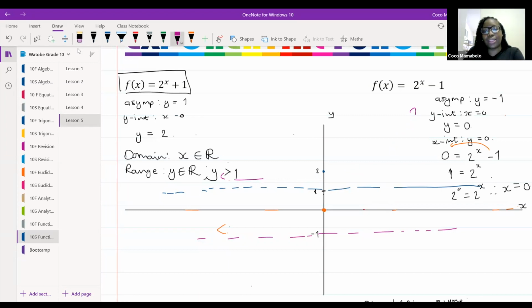Okay, that is the domain and range. I hope that helps. Y is greater than 1. Guys, do not, under any circumstances, say greater than or equal to. It's not equal to. The graph will never be equal to the asymptote. It's always just greater. All right. Okay, excellent. Give me a thumbs up if this section is okay for you, because we're going to move on in the next 30 seconds.